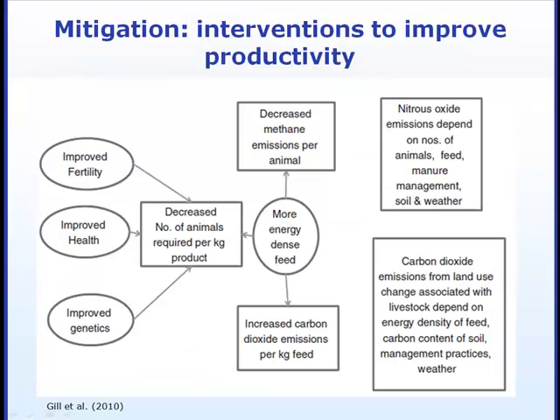This slide shows where interventions can take place and how they play into the environmental picture. On the left side, you see that improved fertility, improved health, and improved genetics lead to decreased number of animals that are needed per kilogram of product. Obviously, that's clear to most of you. Also, the more energy-dense feed you feed, the less greenhouse gases you get. So,